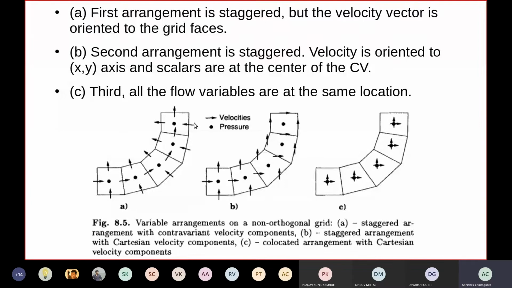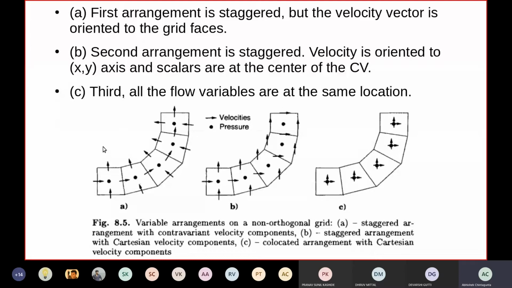So the problem here is we know that staggered is going to work, instead of collocated, for incompressible flows. But where do you store your velocity, and should your velocity be aligned to the XYZ axes or your orthogonal basis, that is XYZ or R theta, whatever reference that you have taken, or should they be aligned with the faces? As you can see here, aligning with faces will give us a much more accurate representation of the control volume analysis. Okay. So what people do in practice is they store u and v velocities at all faces and find out the components normal to the face.